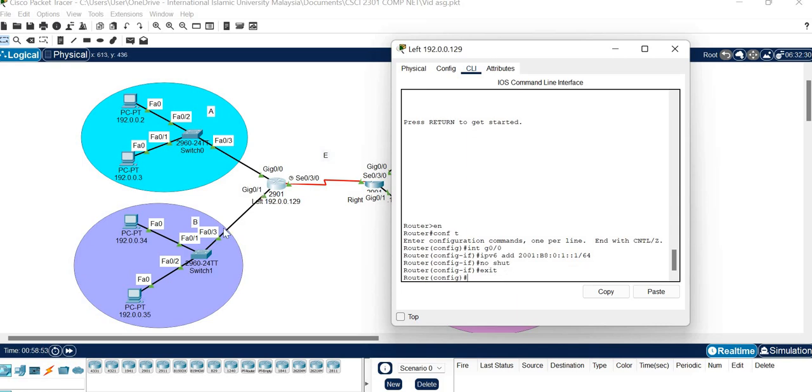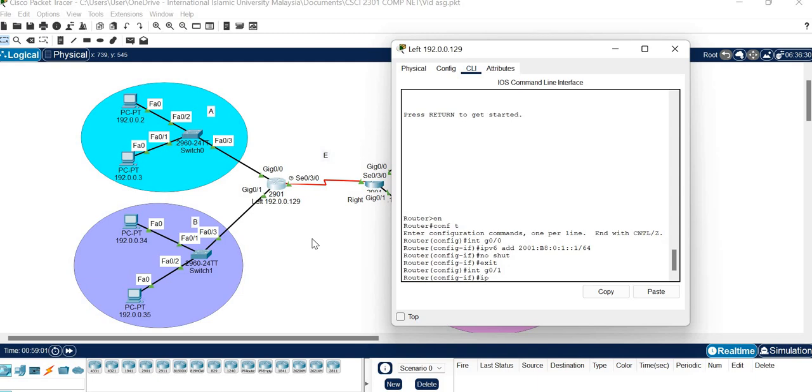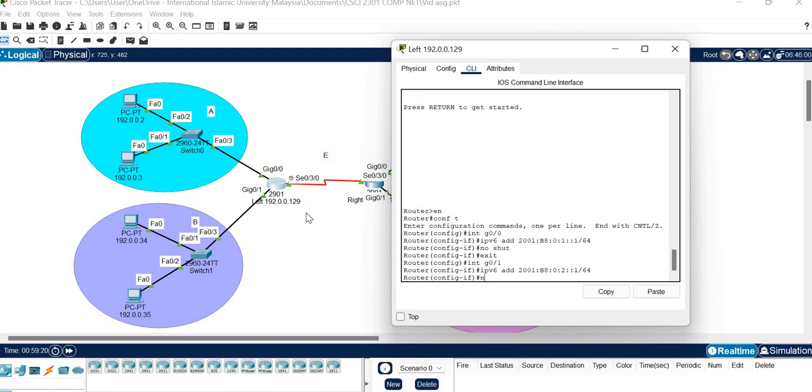And then for the second connection with section B, int G01. So the default gateway of IPv6 in section B. Since it's section B, it will be 2. No shut,